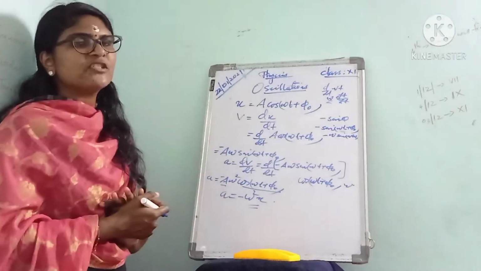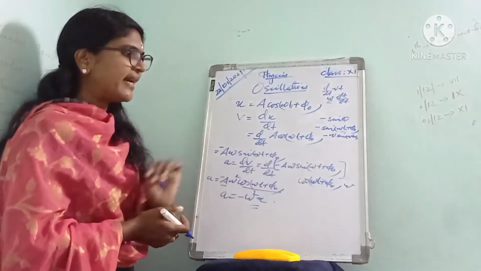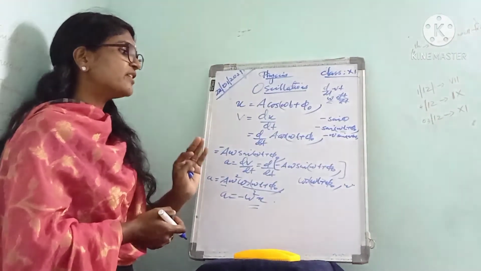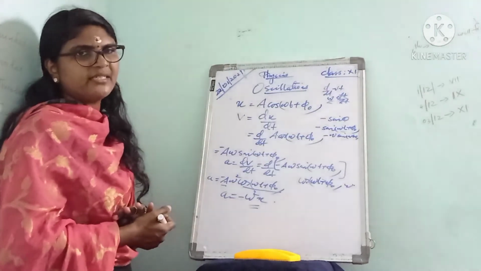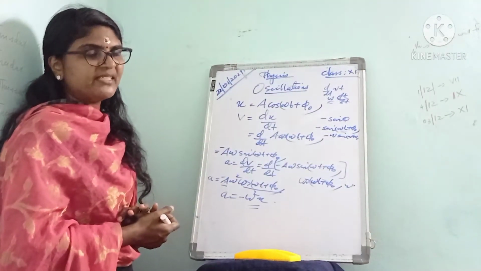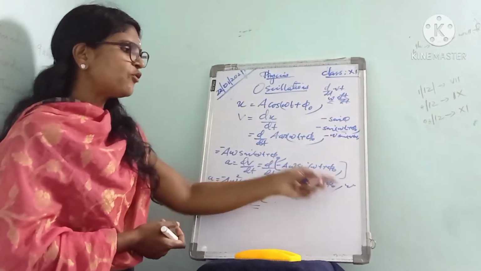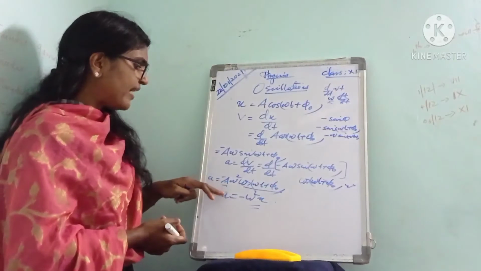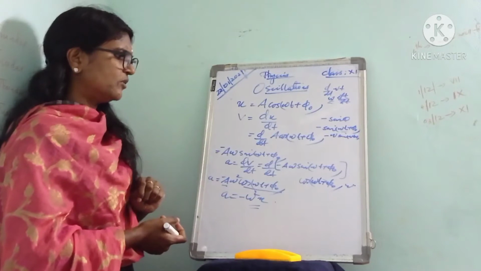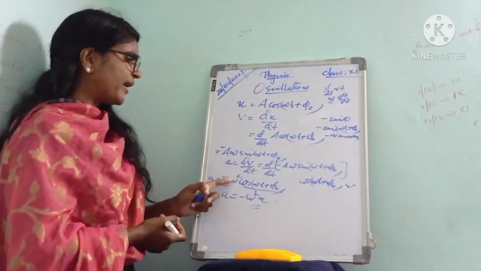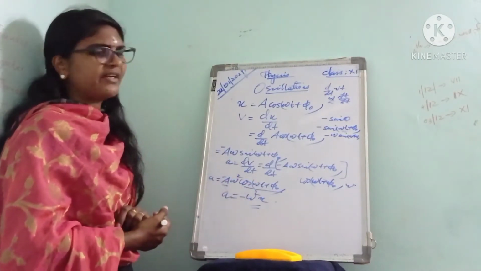All of you know the differentiation of sin theta is cos theta. Here instead of theta, we have to write omega t plus phi 0. So the differentiation of sin(omega t plus phi 0) is cos(omega t plus phi 0). Then we have to differentiate omega t again. After that, we will get omega. Here already we have A omega, minus A omega, then this omega into omega, omega square. So we get minus A omega square cos(omega t plus phi 0).